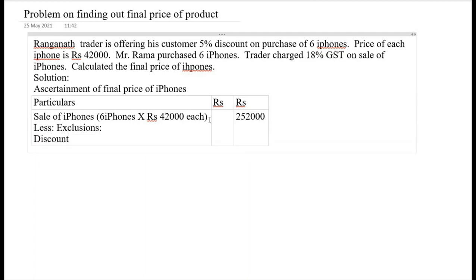So discount, that is 5% of rupees 2,52,000. Either it can be taken per iPhone and then later converted for 6 iPhones, or we can take 2,52,000 only. So that is rupees 12,600. The difference here is we are going to get rupees 2,39,400. To this we should add